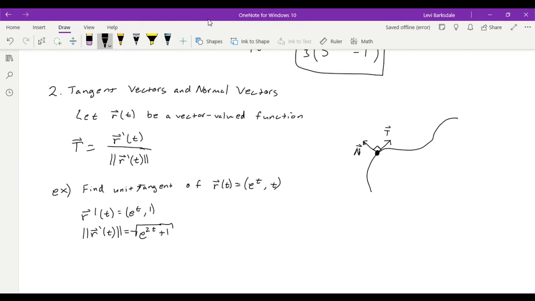So our tangent vector, we can write it either as e to the t over the square root of e to the 2t plus 1,